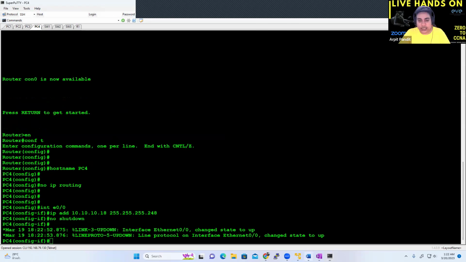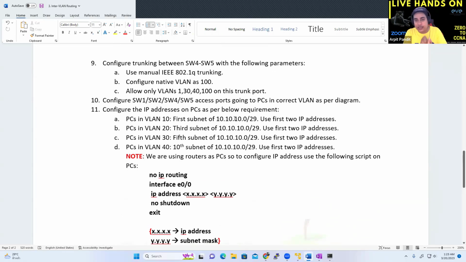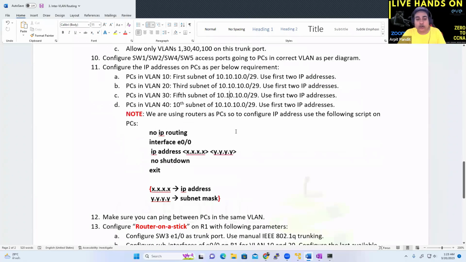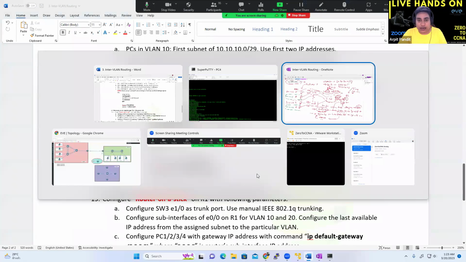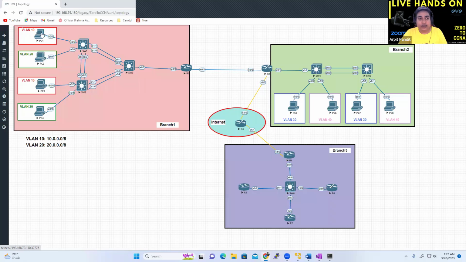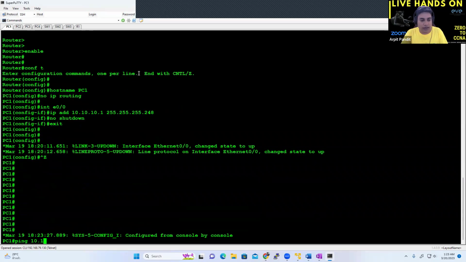That's done. So you can see that after this point, after I created VLANs, after I configured trunking, then I associated the ports to VLAN 10 and VLAN 20 and configured the IP addresses according to the VLAN, right? Now I should be able to ping inside the VLAN. Make sure you can ping between PCs in the same VLAN. So PC1 is 10.10.10.1 and PC3 is 10.10.10.2. They should be able to ping. So let's go ahead and check that. If I go to PC1 and try to ping 10.10.10.2,